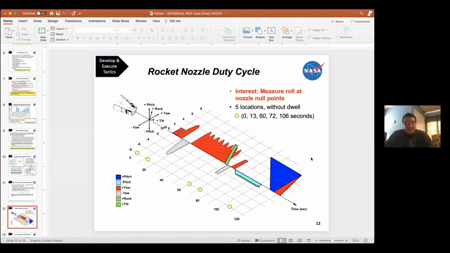This is the firing duty cycle of the rocket. As I mentioned, the nozzle is vectored during the firing, and this plot shows the different positions in which it's vectored through to test a variety of measurements and systems on the vehicle. I want to direct your attention to the 5 locations where there are circles. Those are the areas in which the nozzle passed through 0 degrees, meaning the nozzle was collinear or aligned with the main axis of the rocket. Those are the points where we wanted to measure roll torque. Those 5 points provided the measurement location that was of interest for guidance, navigation, and control.